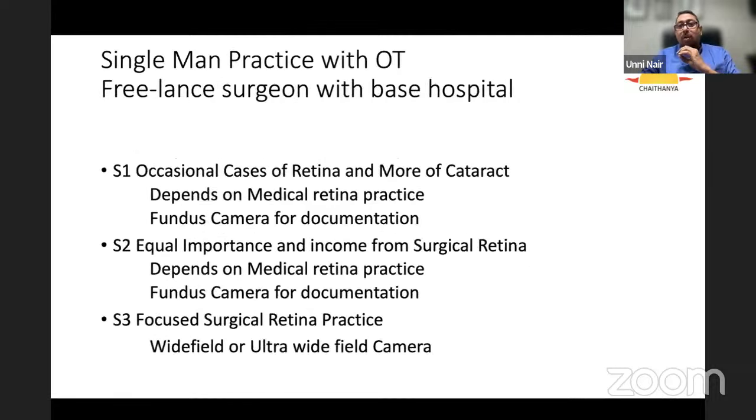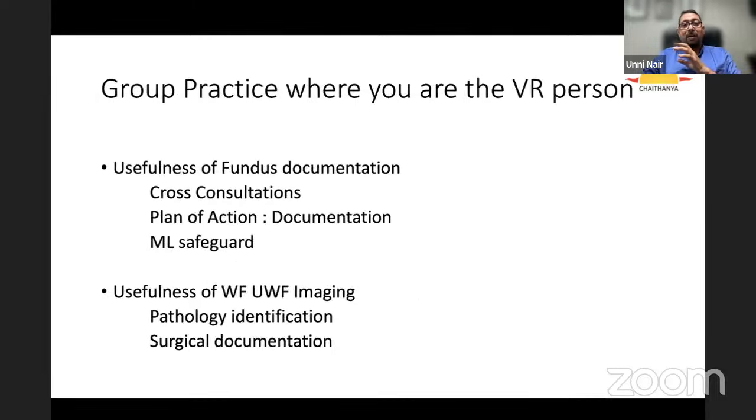And if you have an OT or you're a freelancer, the same thing. The S1 and S2, that is casual and significant income from surgical retina, it all depends on how good your medical retina practice is, not your surgical retina, how you're going to invest on a fundus camera. But you need the fundus camera for documentation as your surgical retina practice increases. The focused surgical retina, I would probably move on to saying that you need a wide field or an ultra wide field. So with this background, we'll go to